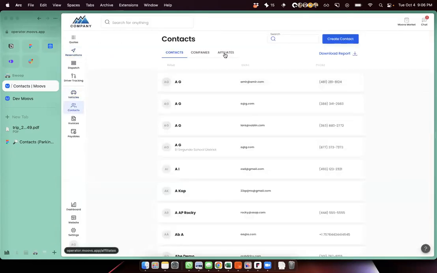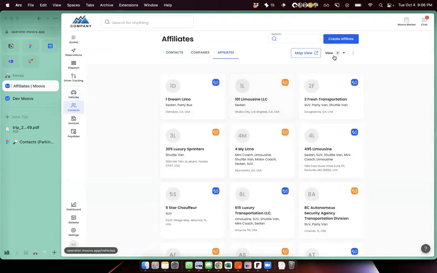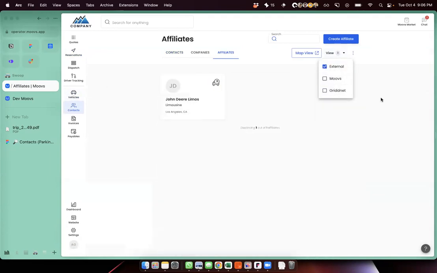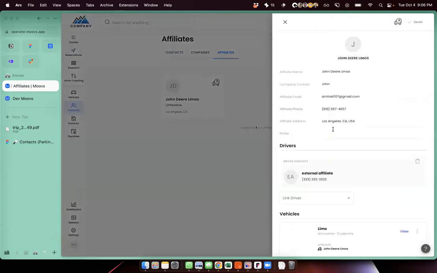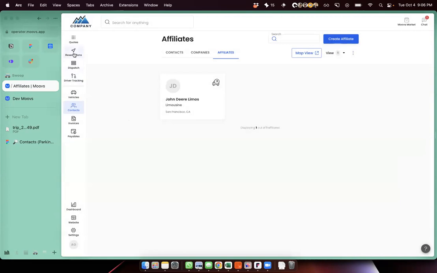Contacts. Yep, John Deere. Yep, vehicles. Yep, for limo. Let's put them in. Let me guess, their cars are yellow and green. It's all of the blue ones.